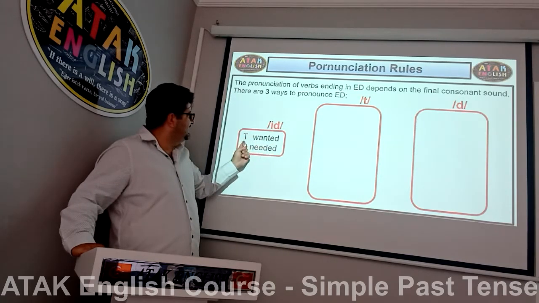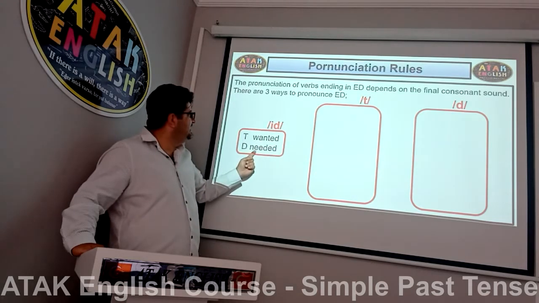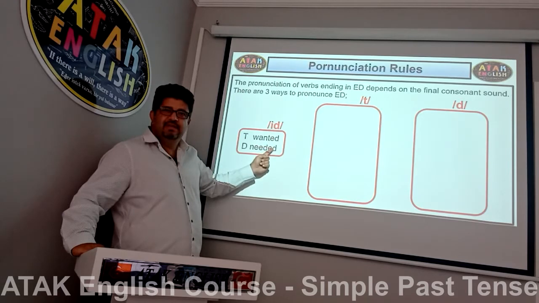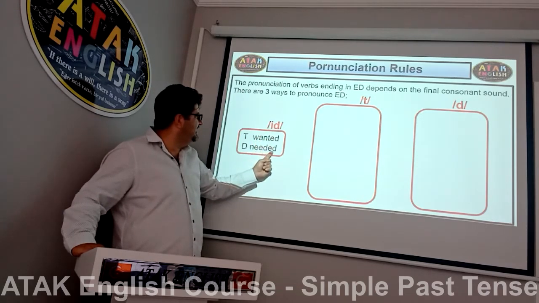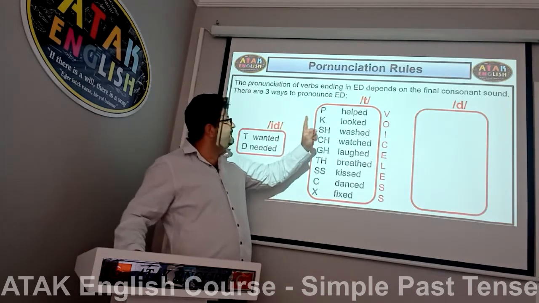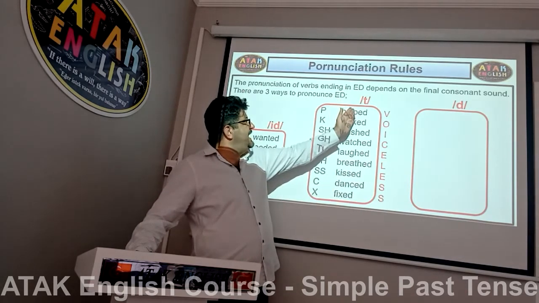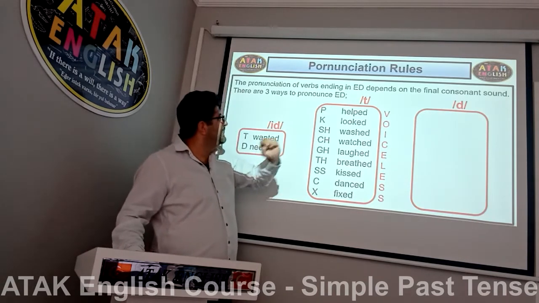Wanted, as you can see with T, wanted or needed, both end with the sound "id". Wanted, needed. What about here? Some verbs end with the sound t. Let's give examples. Helped,